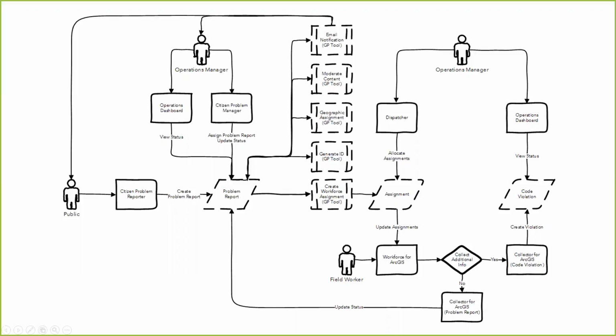that Workforce for ArcGIS uses, and then shove that through dispatcher so an operations manager can assign it, push it out into collector so that field workers are actually working with that feature out in the field, after using those communication channels we discussed earlier to notify the public once the field workers have resolved that, to notify other people internal to your organization that that issue has been resolved so that future work can continue. So this diagram illustrates, I feel, a little bit more fully the entire life cycle of that service request